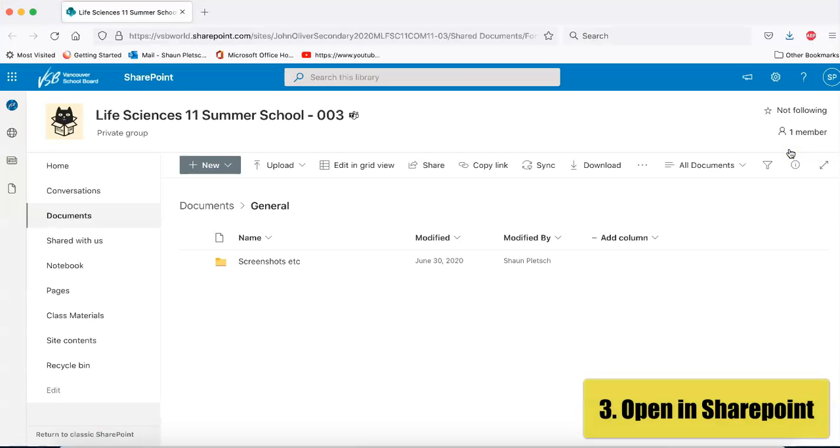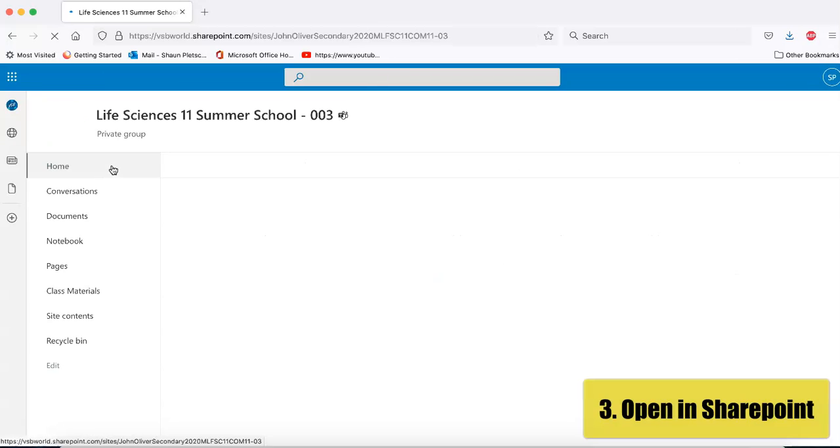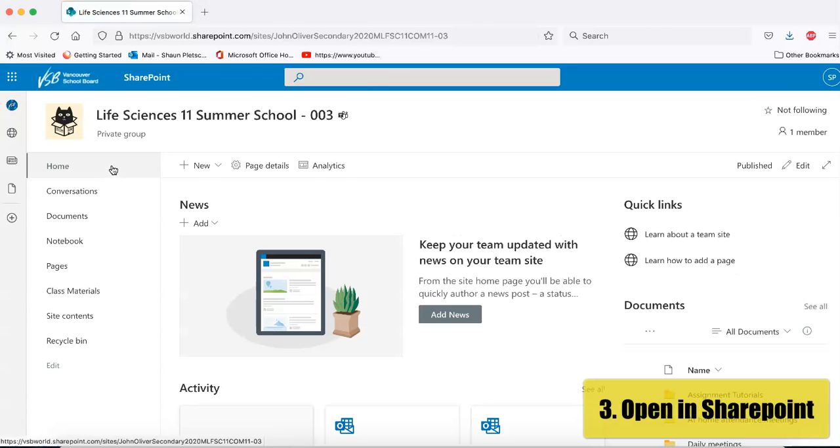And that should open your team in this new viewer, which has all the documents. It has all the activity you've been doing on your channel. So it's just another way to look at your team and your channels on your team. So this is my new